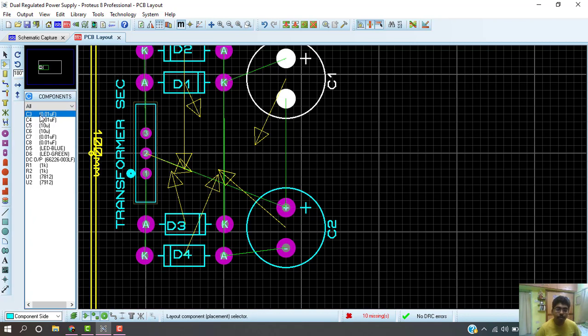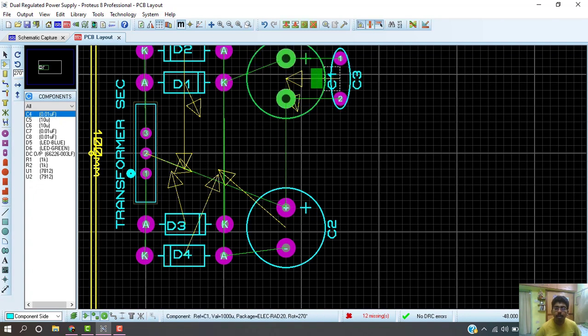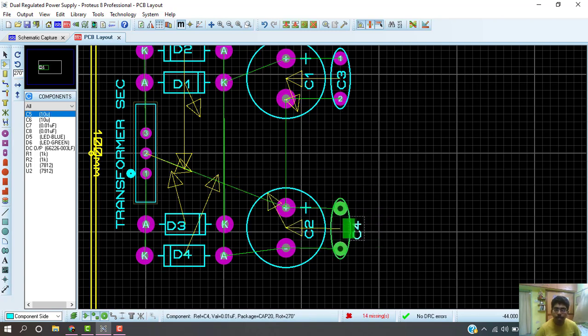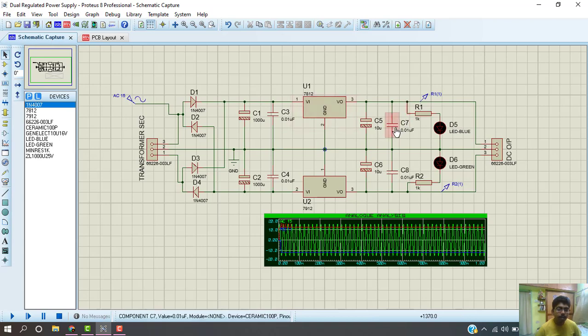We are going to place the ceramic capacitors of 0.01 microfarad. Now we have finished till this capacitor side. Now we are moving to the regulator side.